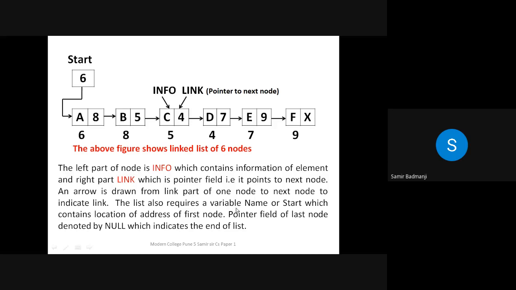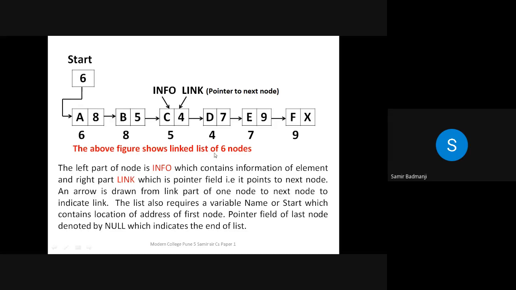So this is the address of the first node, start. The pointer field of the last node is denoted by null. See this x, last node null, that means it is not going to go any further, which indicates the end of the list.